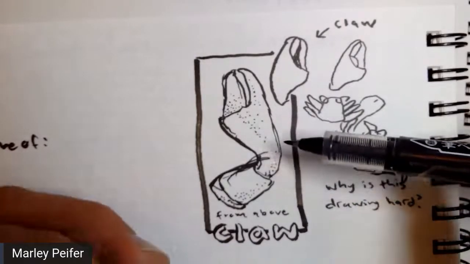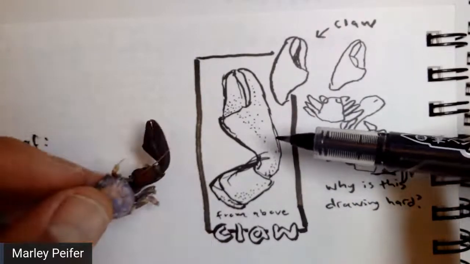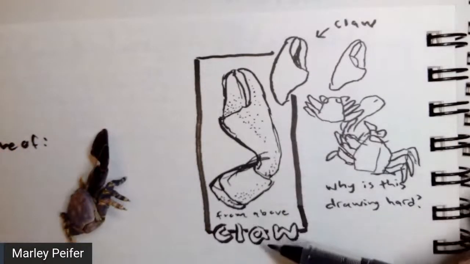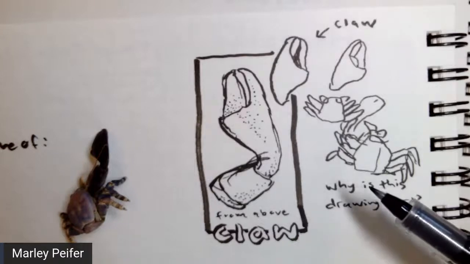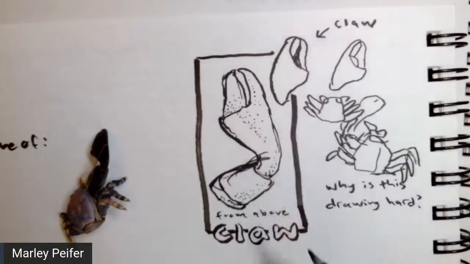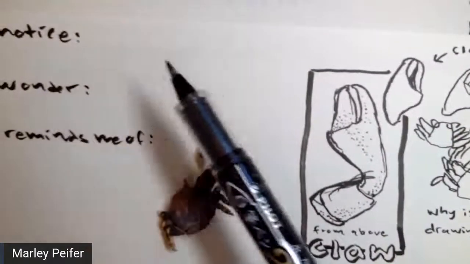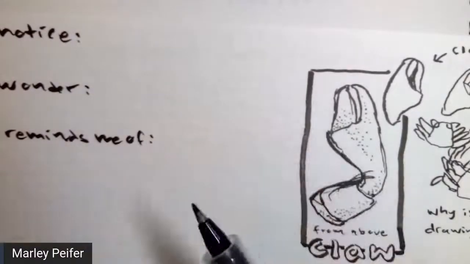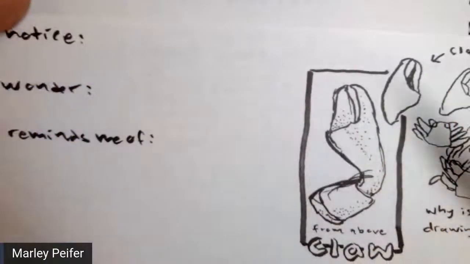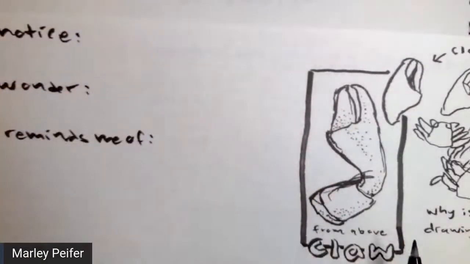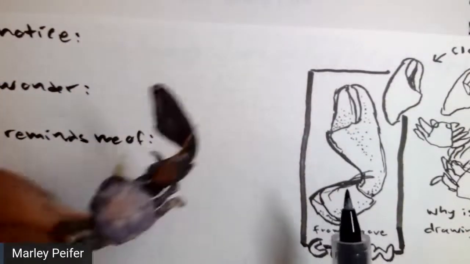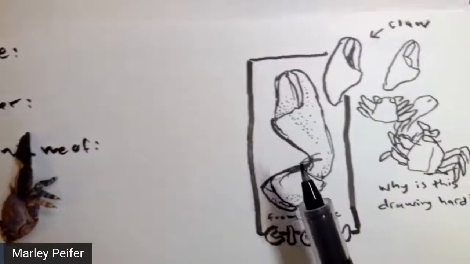So I changed perspective and I changed size, zoomed in there, and then I did bubble letters, and that's about it. But what you can see is I literally, and then this next to, I notice, I wonder, it reminds me of, I'll fill in these questions, and basically right there on 1/4 of my page, in about 15 or 20 minutes, I did a legit nature journaling session,